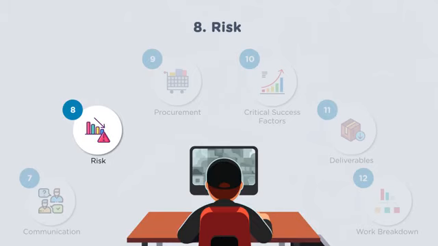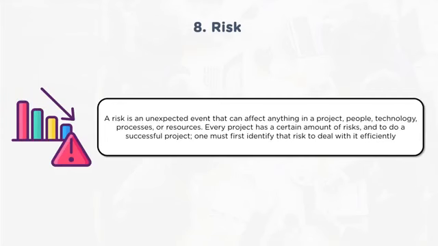Next is risk. Every project which is undertaken by an organization will have a certain amount of risk which the organization will evaluate. Similarly, within the project life cycle, a lot of risk comes up which would have certain impact to the project. Now risk refers to, by definition, an uncertain event. It is an event which is uncertain, and when it occurs, it will have an impact on the project